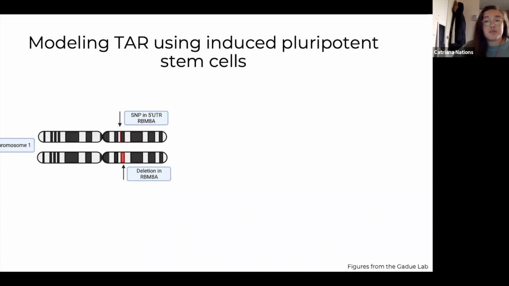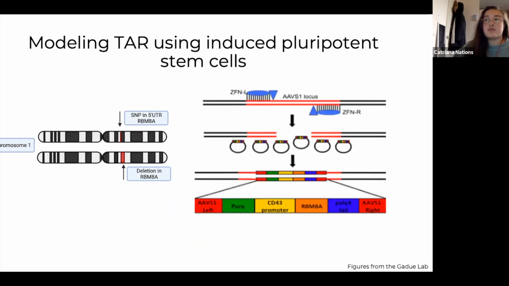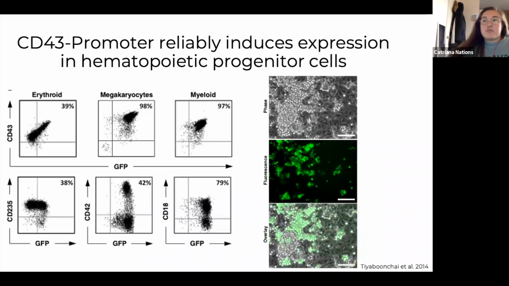And in addition to the patient lines, we also generated corrected lines that successfully restore RBM8A expression in TAR hematopoietic progenitor cells and subsequent megakaryocytes, using a gene targeting strategy that inserts a CD43 promoter-driven copy of RBM8A into the AAVS1 locus. And as you can see here by a CD43-GFP reporter line, the construct that CD43 drives